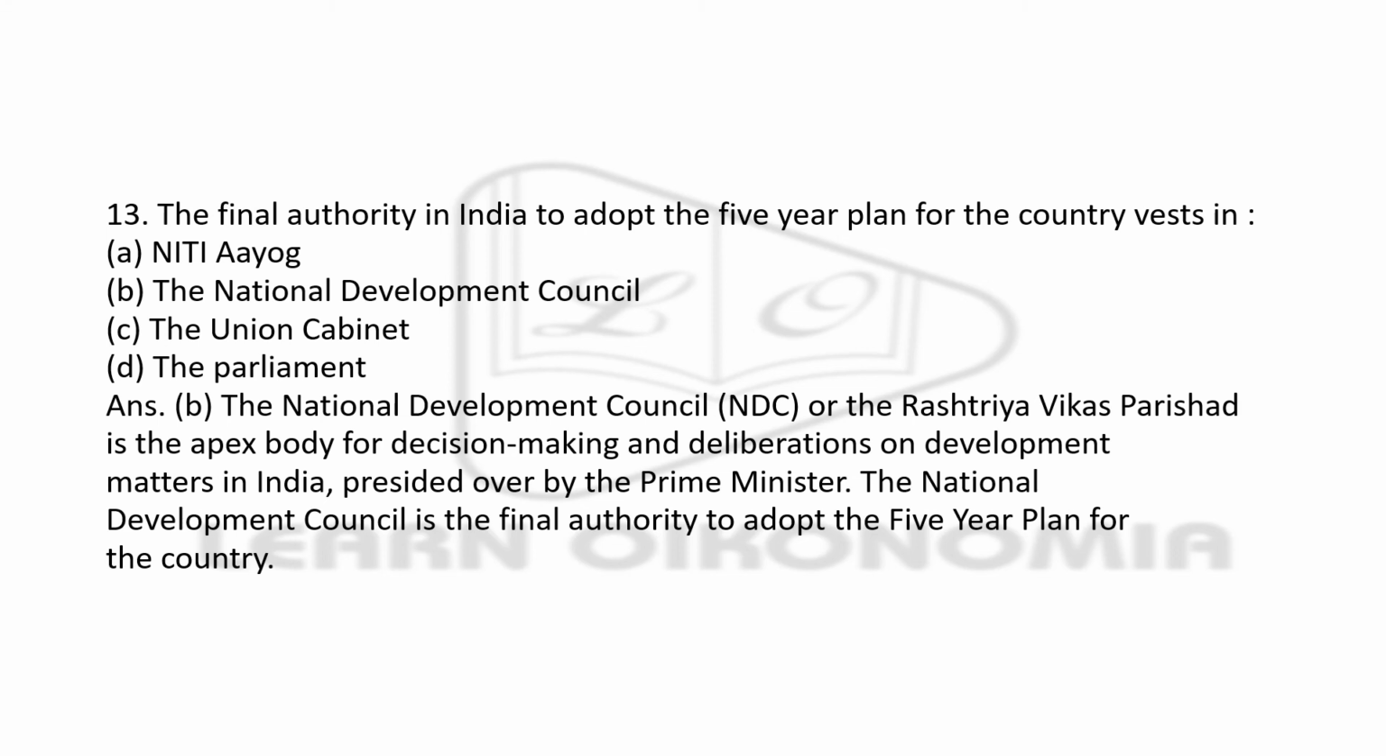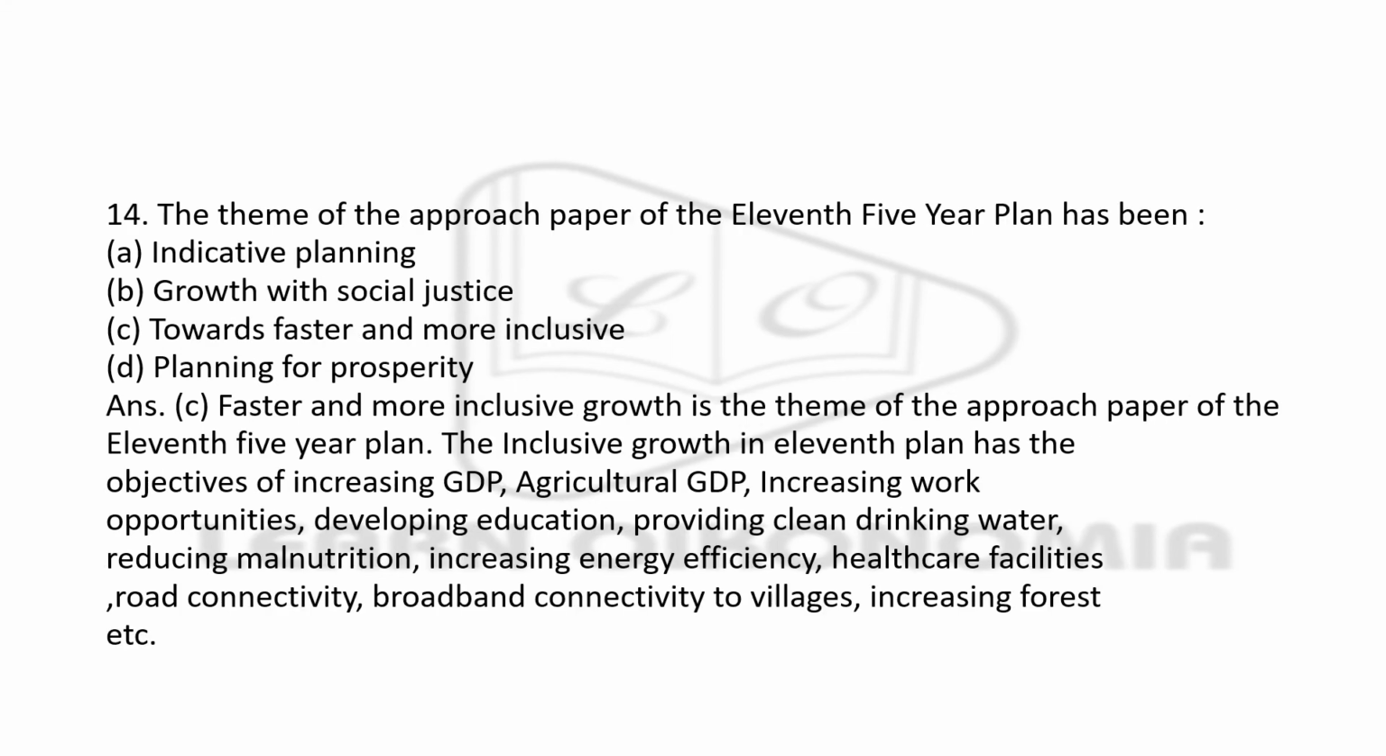It is also known as the Rashtriya Vikas Parishad, which is the apex body concerned with decision making and deliberations on development matters in India. It is presided over by the Prime Minister of the country, and it is the final authority to adopt the 5-year plan for the country. Next question, the theme of approach paper of the 11th 5-year plan has been dash,